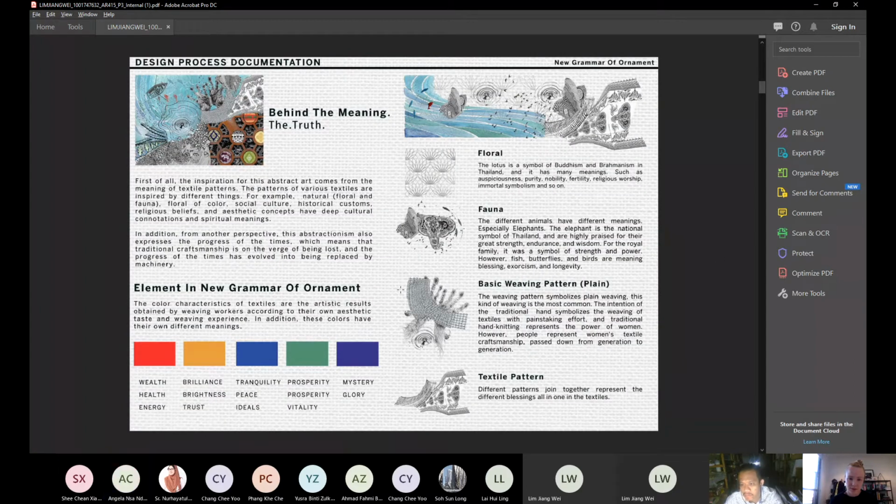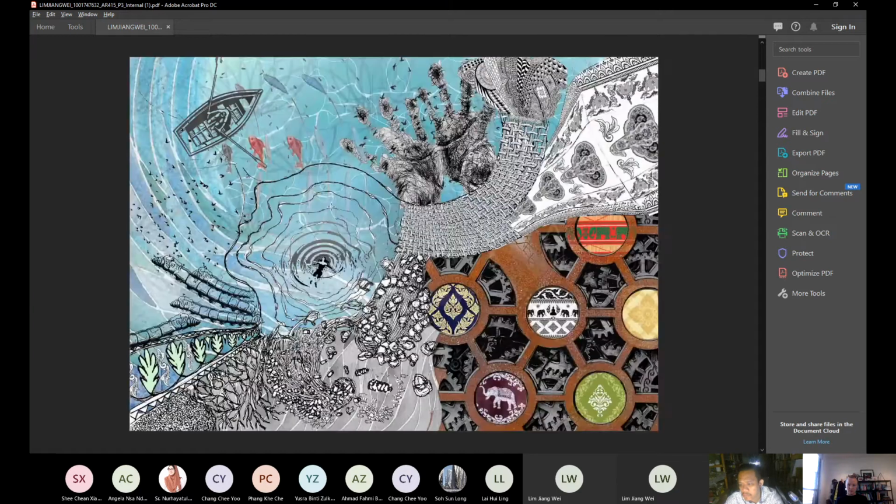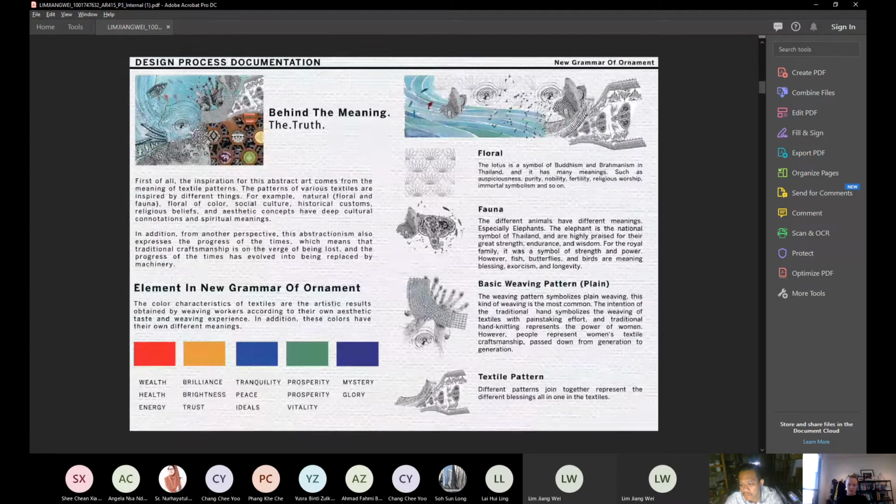So for the color, the element of the new colors, the characteristic is of textile art. The artist results are produced by weaving workers according to their own aesthetic taste and weaving experience. So these colors have their own different meanings. For example, the lotus is a symbol of Buddhism.